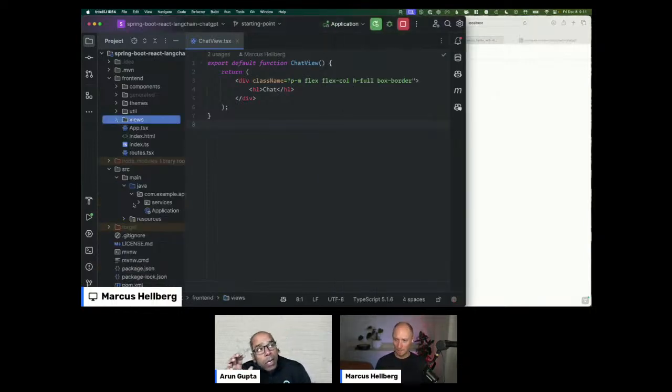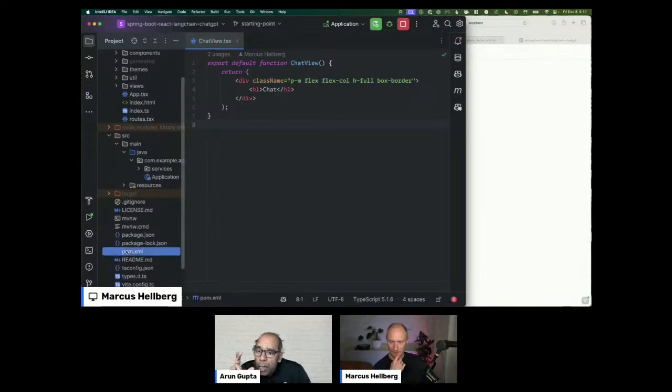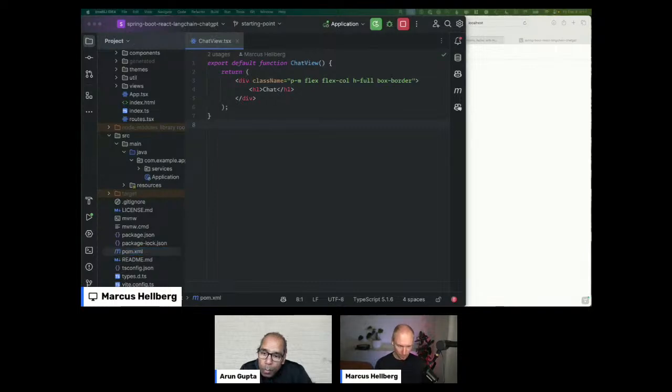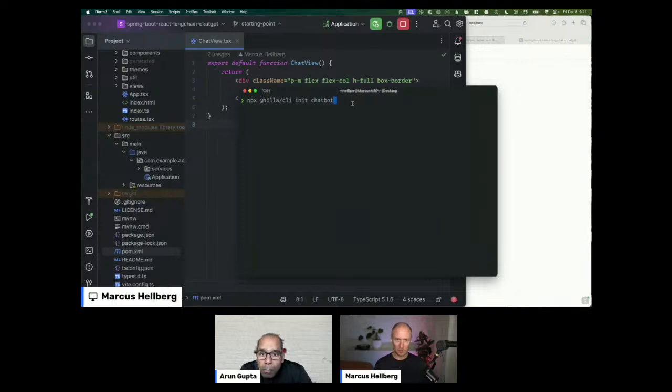In that standard Spring Boot application, how did you create that front end folder? I created this application using our Hilla CLI. It looks something like this: npx hilla-cli init with the project name, and that gives you a Spring Boot project that's initialized with this. You can also start from Spring Initializr at start.spring.io, where you add Hilla as a dependency.